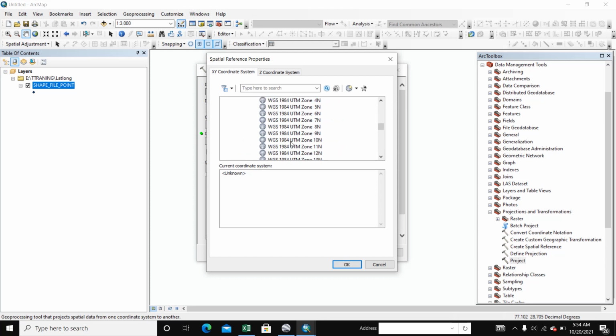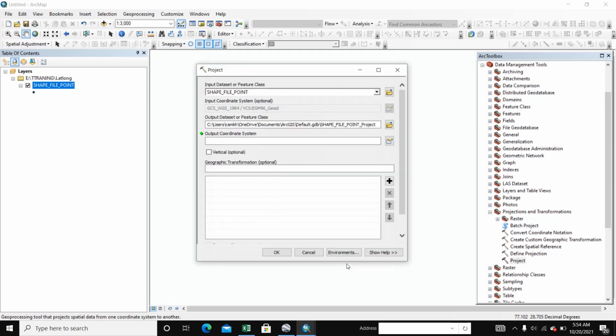You select WGS 1984 UTM zone 43 North and OK.